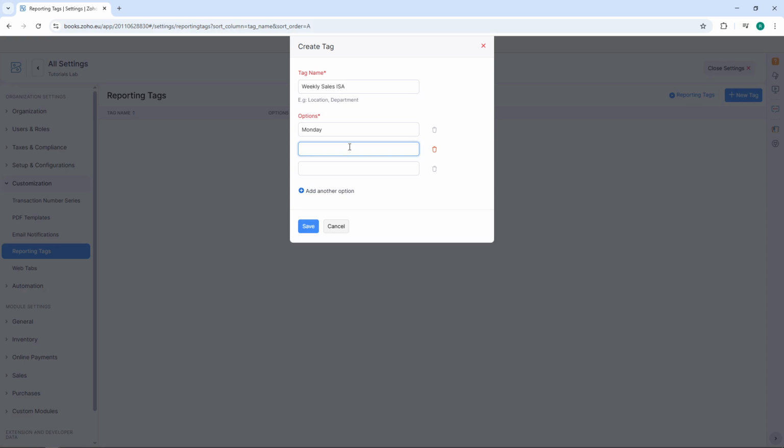Once you've filled in both the tag name and options, click the Save button. Your reporting tag is now created and ready to use. You can now apply this tag to invoices, expenses, bills, and other transactions, allowing you to generate reports filtered by